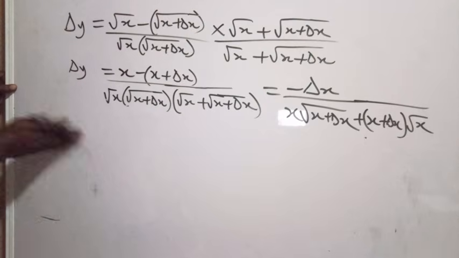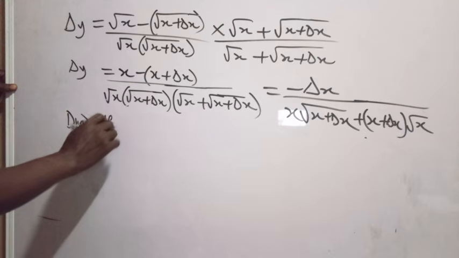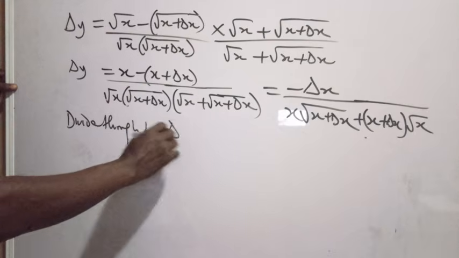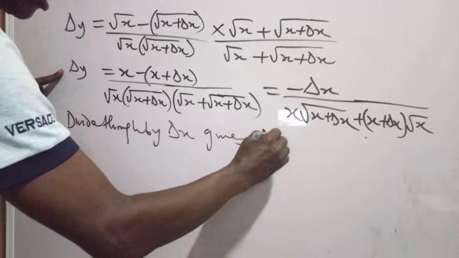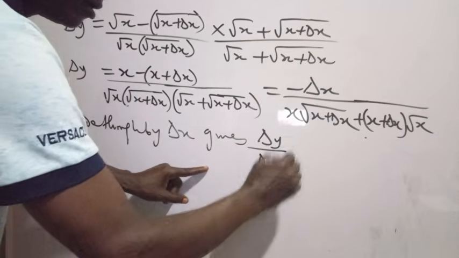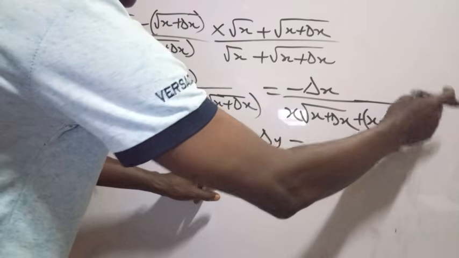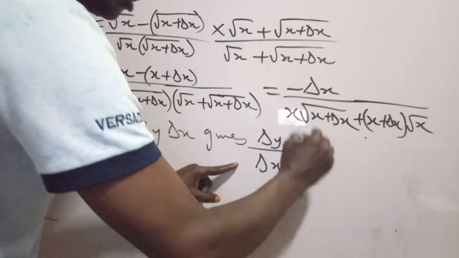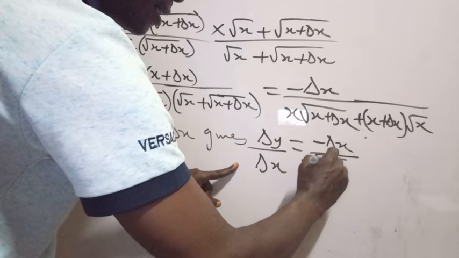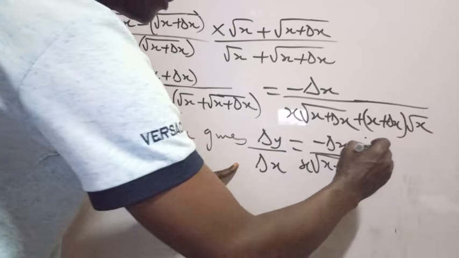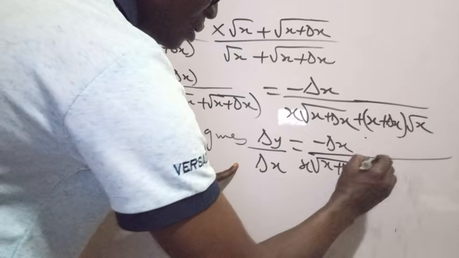So now let's divide through by delta x. That gives you delta y all over delta x, which is equal to, when you divide through, minus delta x all over x delta x plus delta x, and the square root of delta x plus, don't forget this is covering this,